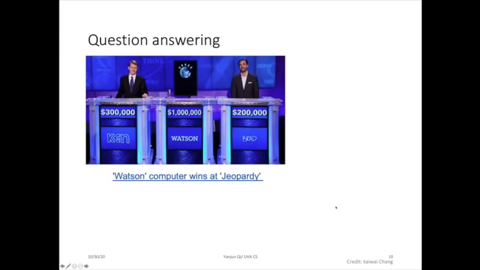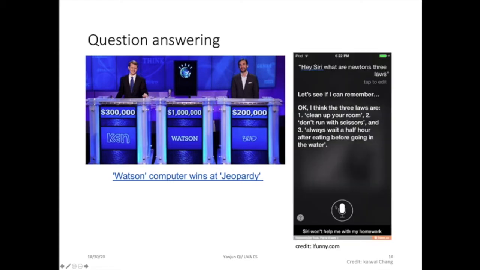And then a little bit more advanced use is automated question answering. I think you may have already heard about Jeopardy and Watson. That's a very big milestone of AI, where a computer agent competes with humans in question answering